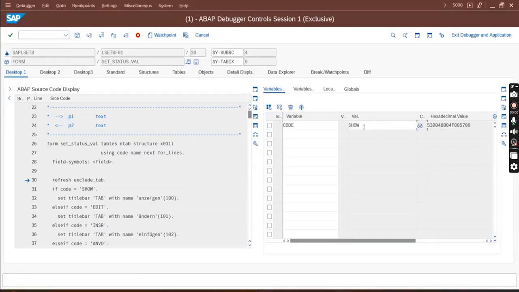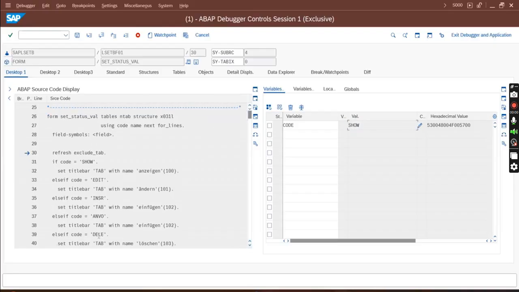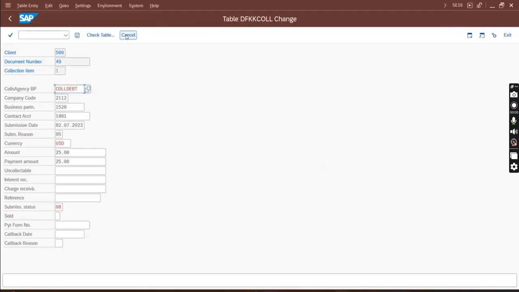From the show, if you want to see, it says if you want to edit, click on edit. If you want to insert a new line, write INSR. If you want to delete, scroll down, you will see DELE. Okay. Say I want to edit. Come here, click on EDIT, enter, and execute.